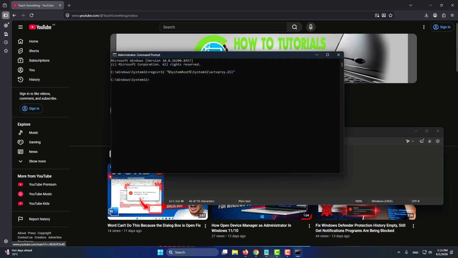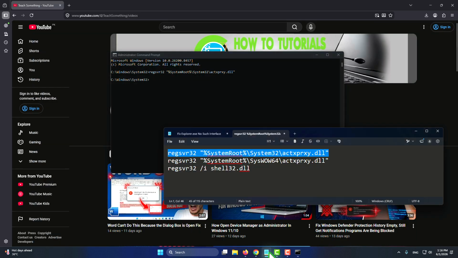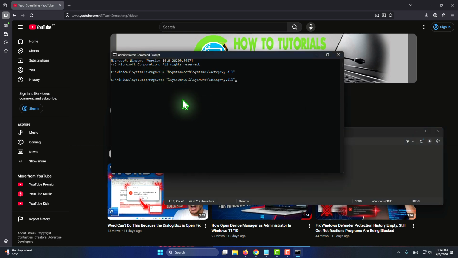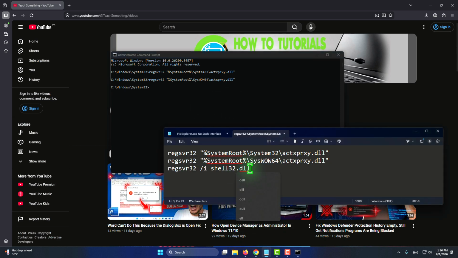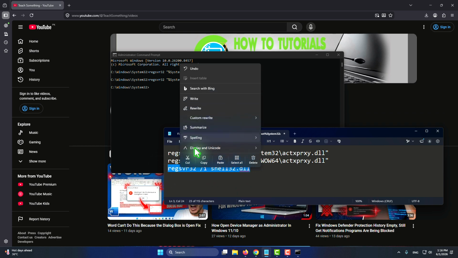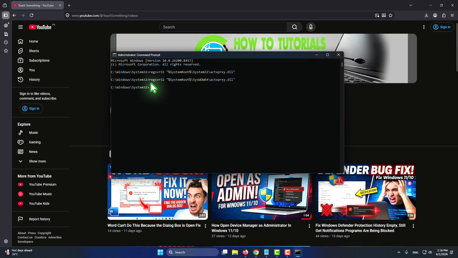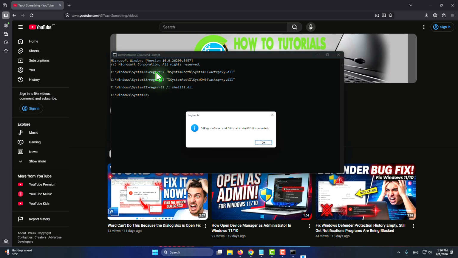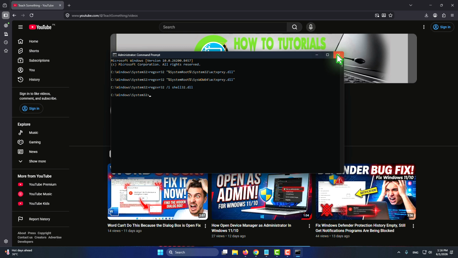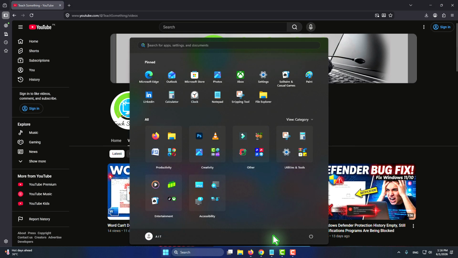After doing this, write a second command, this, and press enter. After that, type this third command and press enter. After completing that, type exit and exit the command prompt, and after that restart your computer,